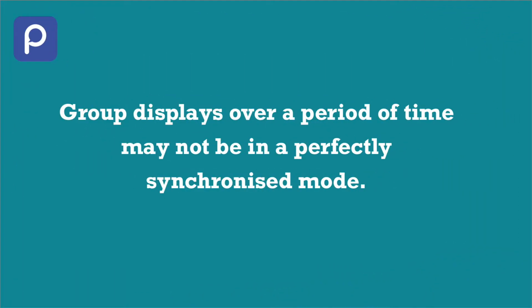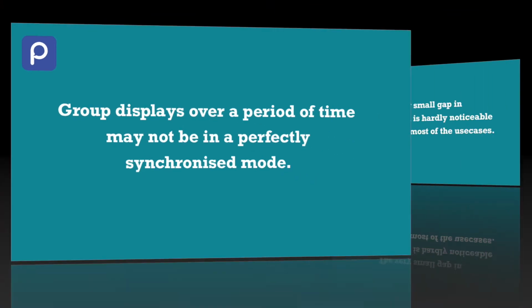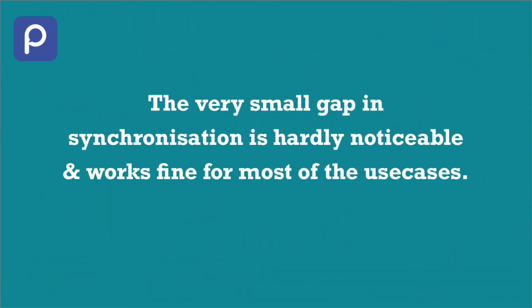Secondly, though all the players in a group are controlled together, the displays of all the screens in a group may not be synchronized perfectly, more so when the players are running over a long period of time. Naturally, if you create and insert advertisement playlists in such groups, the ad output may not be synchronized across screens, with very minute difference in displays in each screen. Now for most use cases, this is absolutely fine, but there may be situations where you need perfectly synchronized output at regular intervals. Domination content playlist solves this issue.